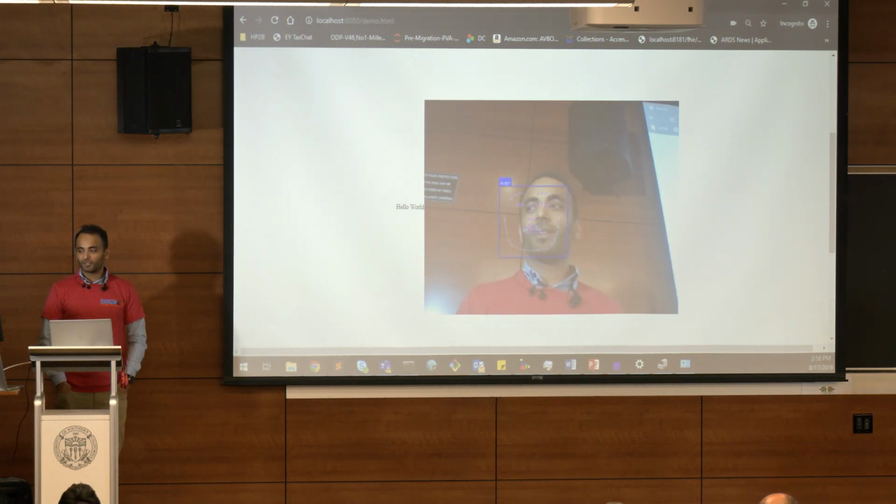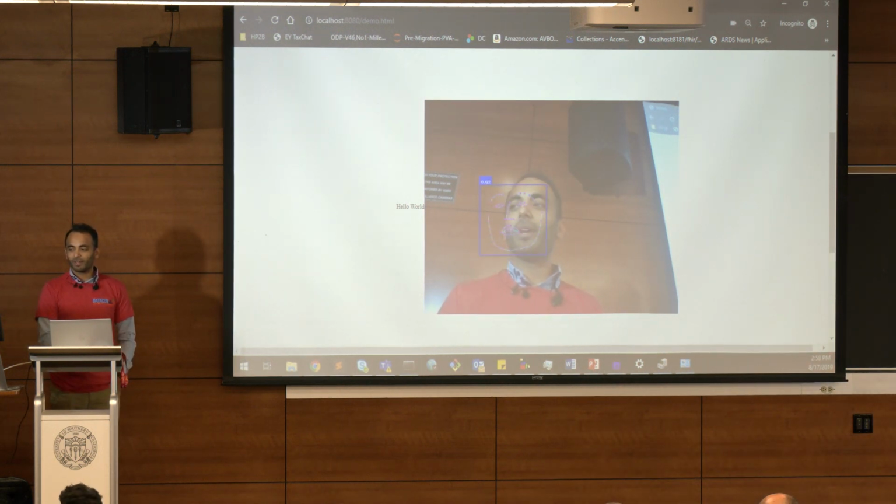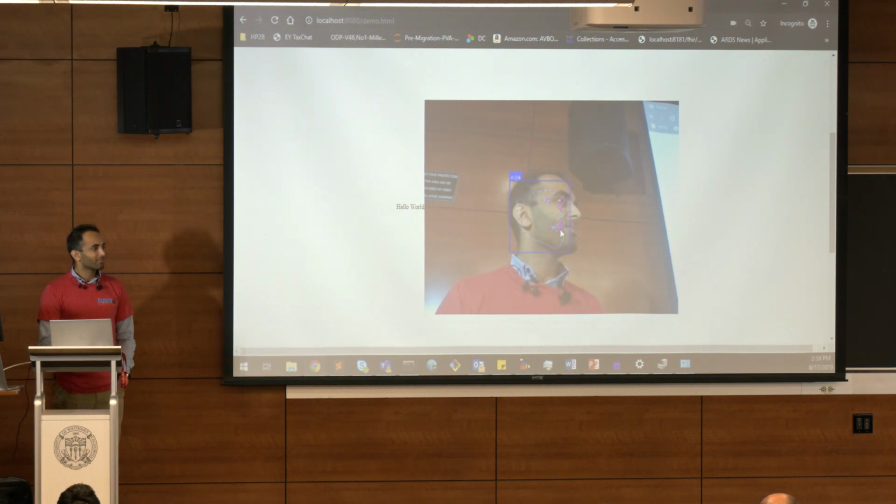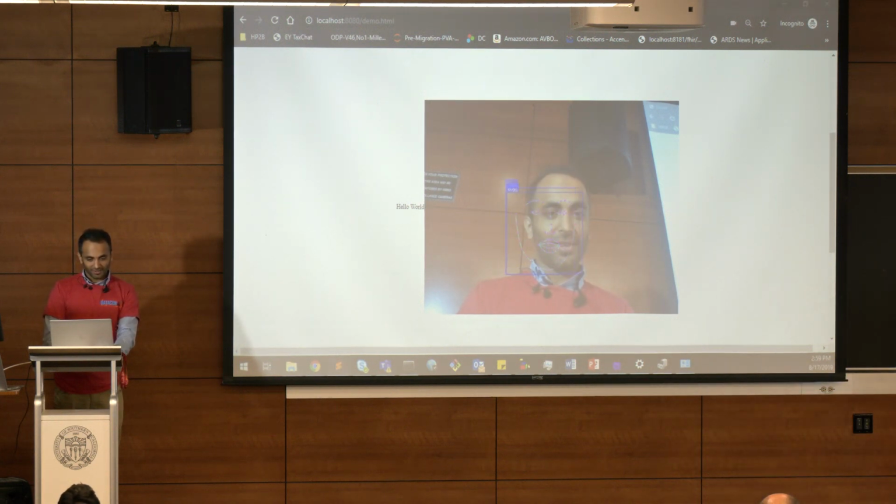There you go. So you can see it's a little bit off-centered. There's some CSS weirdness going on there, but it's tracking my every movement of my face. As I move my lips, you can see that the landmarks follow that. And if I move my eyebrows or move my head from side to side, the landmarks will follow. Just delete the hello world string.